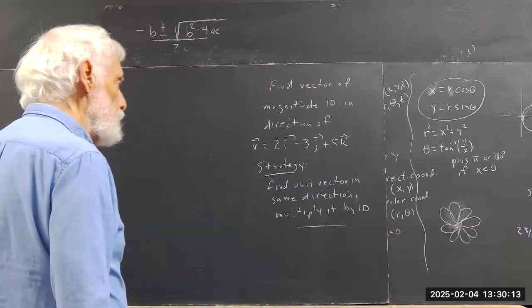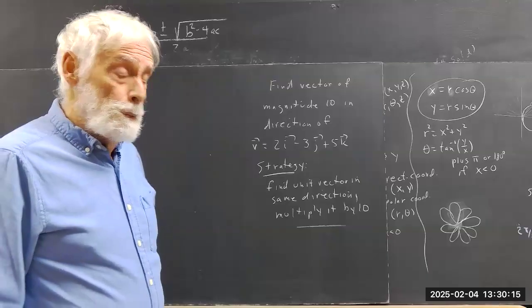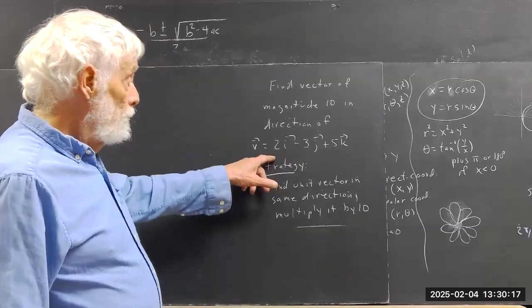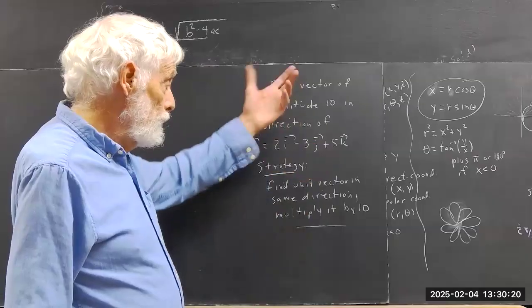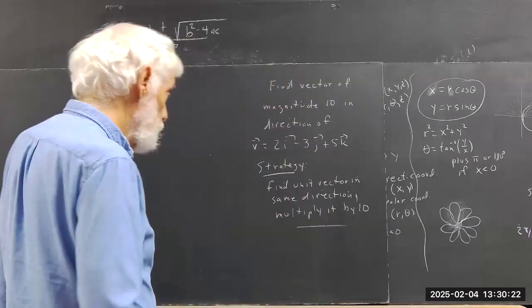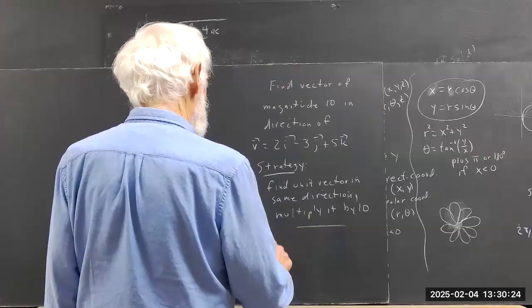A unit vector in the same direction multiplied by 10. Well, the magnitude of this vector: 2 squared is 4, 3 squared is 9, that adds up to 13, add that to 25, you get 38. So